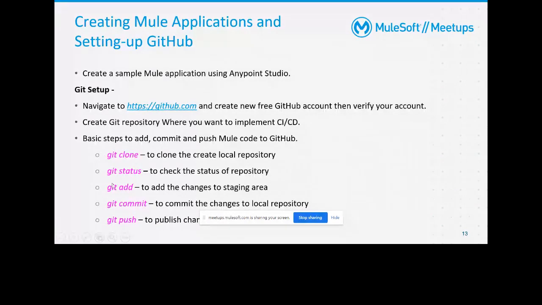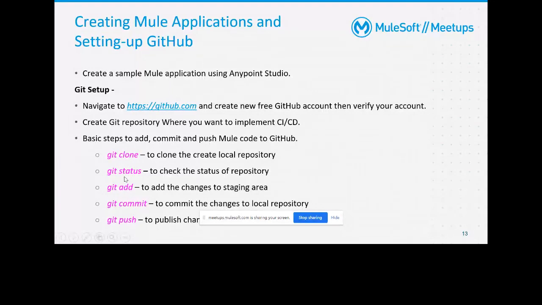You can push using these git commands. With git clone, you can clone the repository you created in remote GitHub to your local system, creating a local repository for the same.